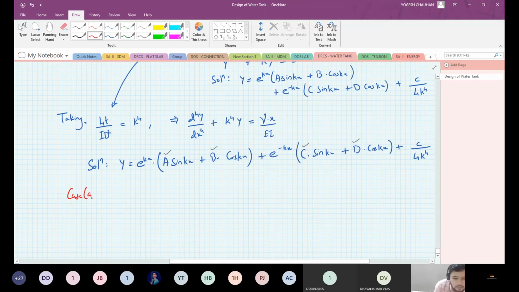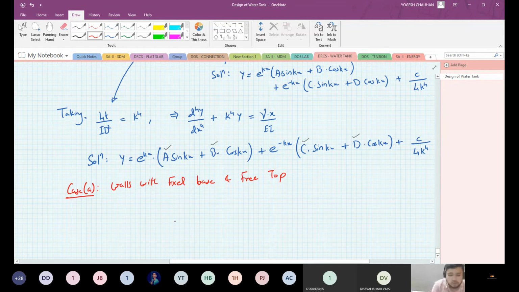So let us take the first case, that is walls with fixed base and free top, free at top. Okay. So for this condition,